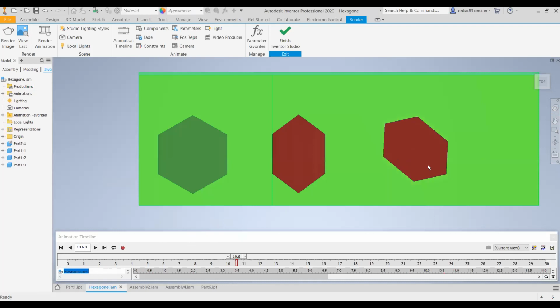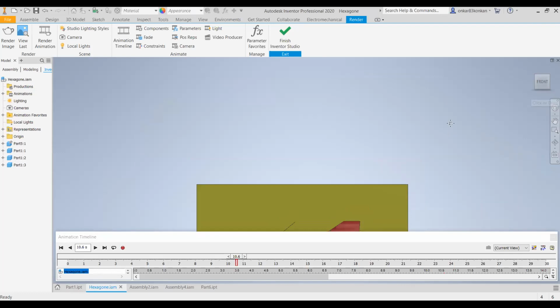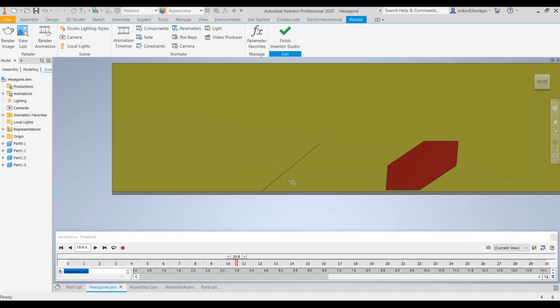These three diagrams will be on your horizontal plane. This is the first stage, this is your second stage, and this is the third stage. You can take a screenshot. This is your top view, and this is the front view. In the first stage, it is just a horizontal line. In the second stage, it is a straight line inclined to HP by 30 degree, and this is the final front view.